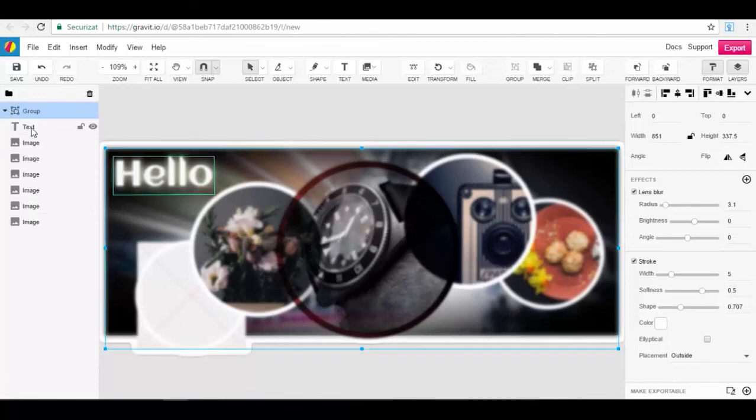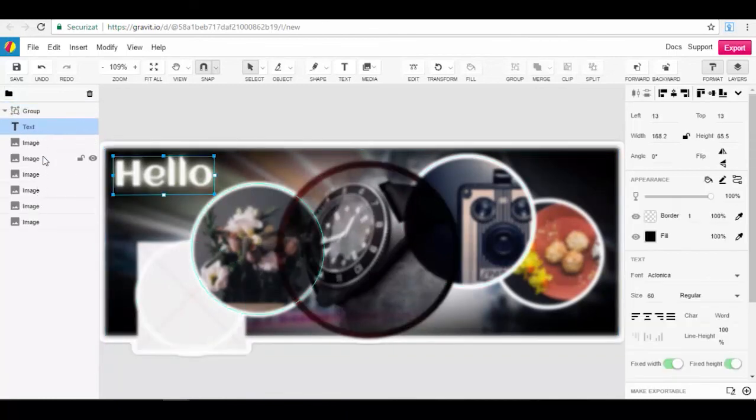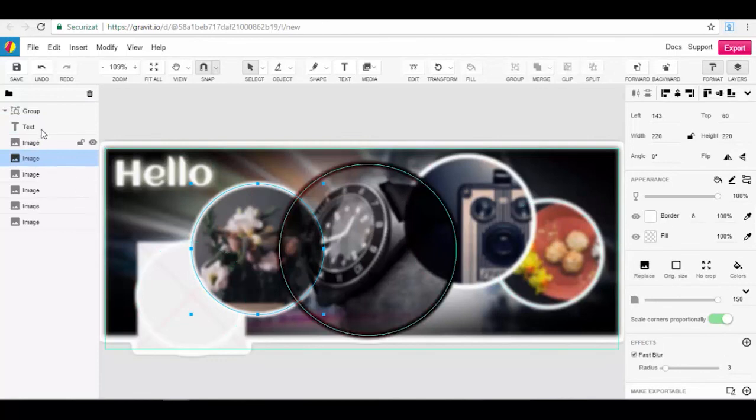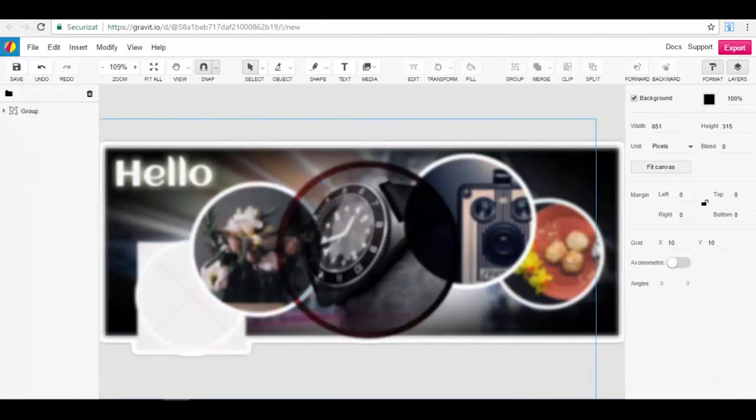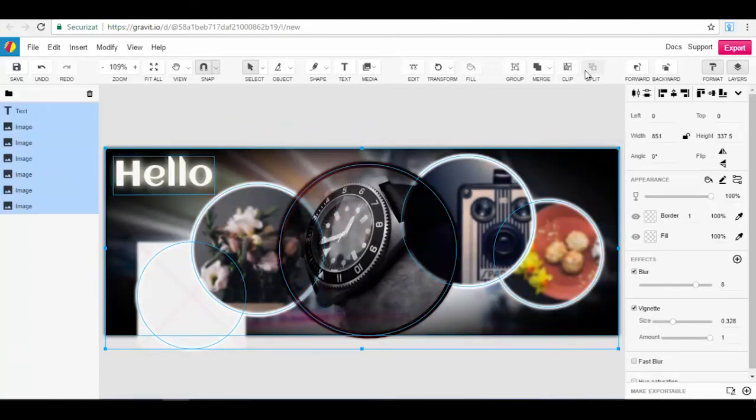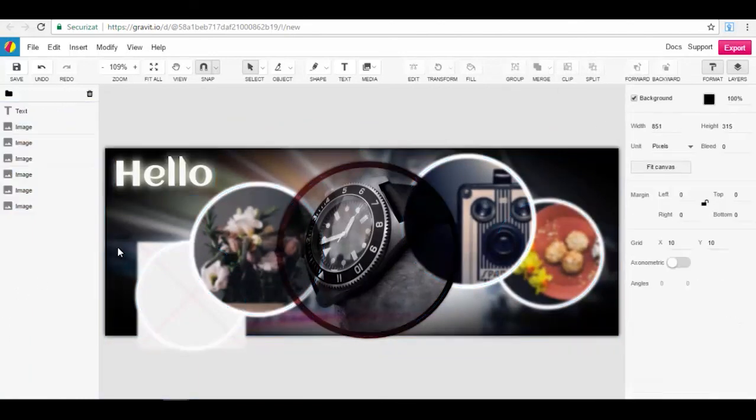We have a group which has multiple layers. We have to select a single layer in order to edit it, otherwise we edit the whole group. Now let me select it all and press the button split. And again we have single elements, and you have seen how forward and backward works. So basically, guys, you have seen how this app works. It's pretty interesting, pretty complex for a web-based app which is for free,